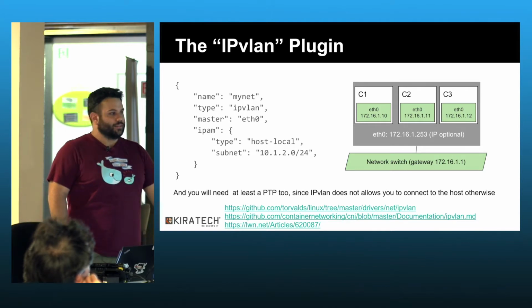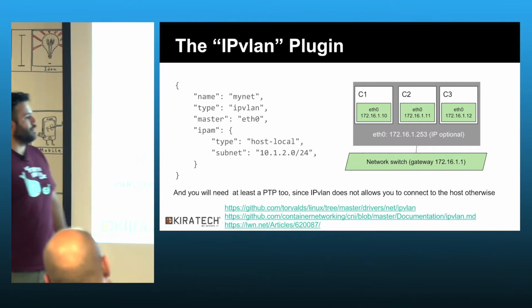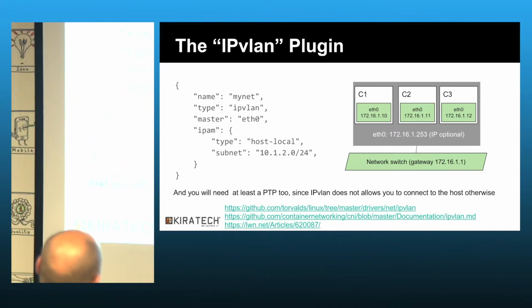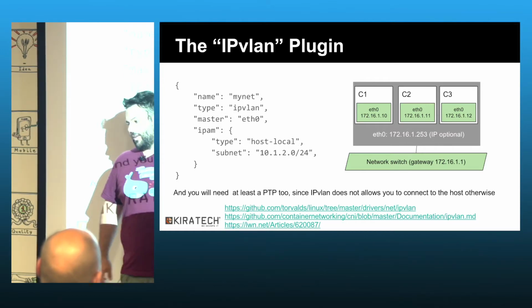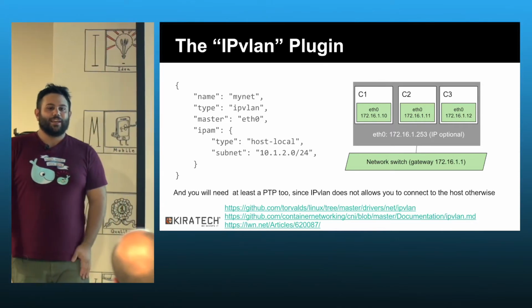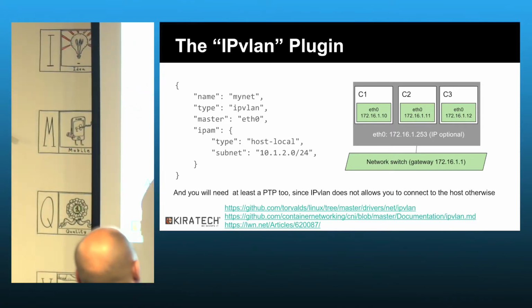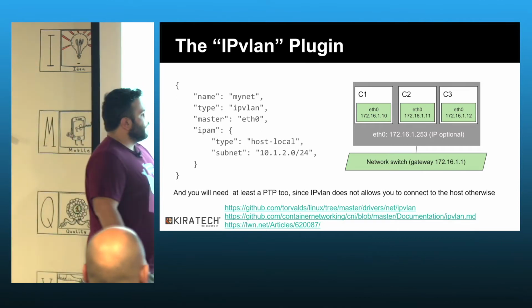I don't have to spend time explaining the JSON. What happens in there is that you have the network switch gateway, which is this one, and as you can see, the host and the containers get IPs in the same class. It's not a good practice to give the same exact addresses, because in this world you have the DHCP, and in this world you have the IPAM. So you have to understand how to assign IP addresses in an efficient way.